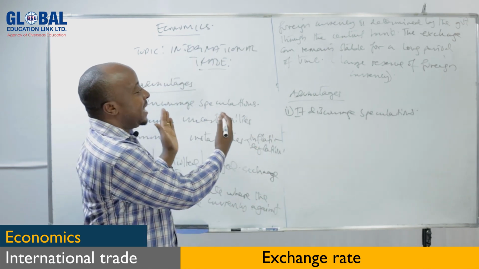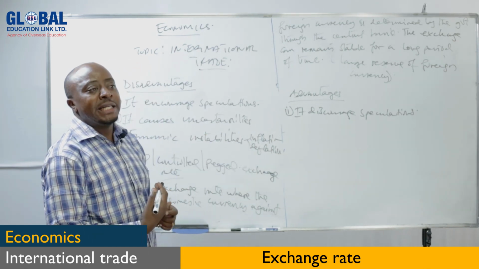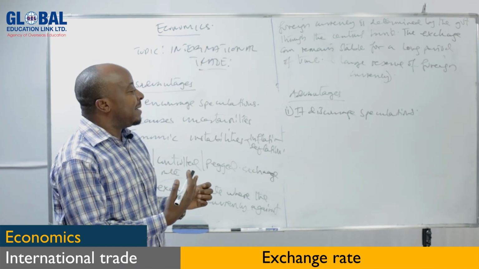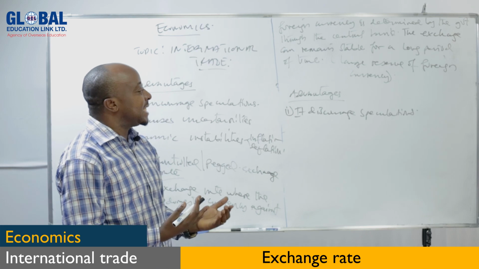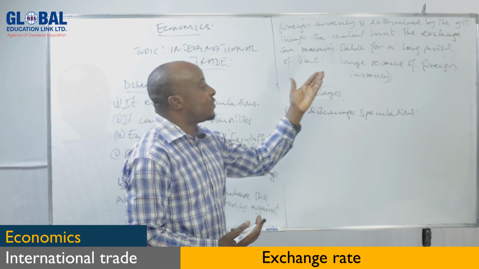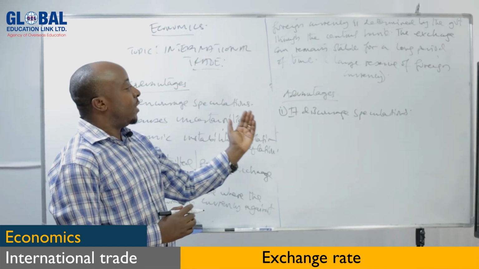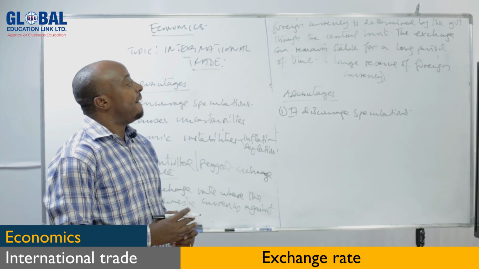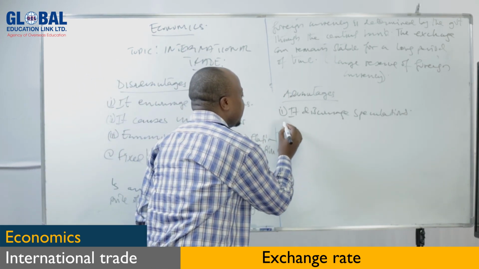We said in the flexible exchange rate it is easy because at any time the exchange rate can fluctuate, so you expect that when it increases, that is the time you can speculate. But because the government is determining the exchange rate and it can remain fixed for a long period of time, it is not easy for speculators to speculate under a fixed exchange rate. Now the second advantage of this system,